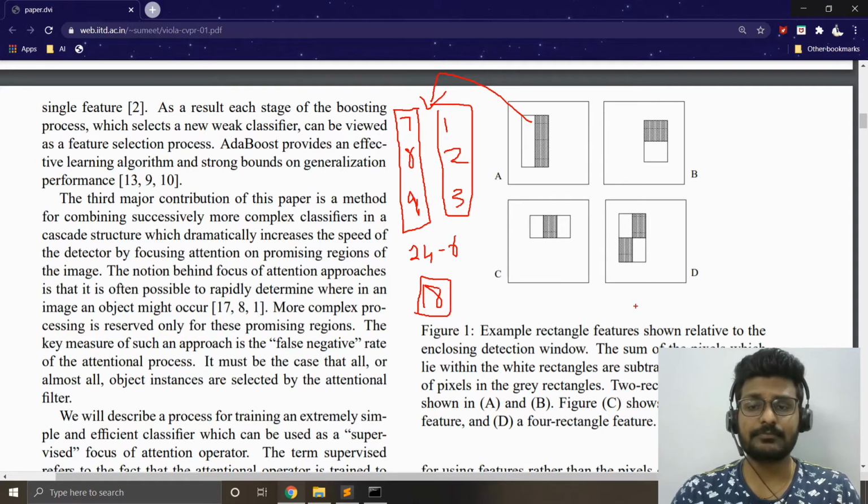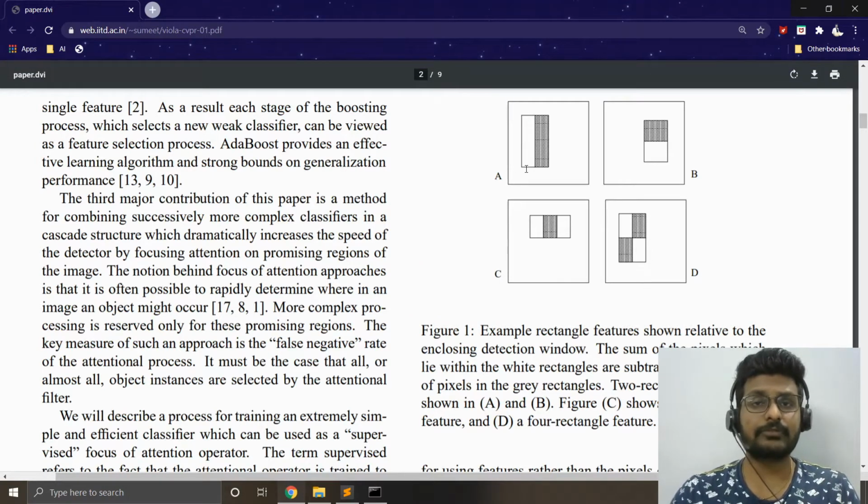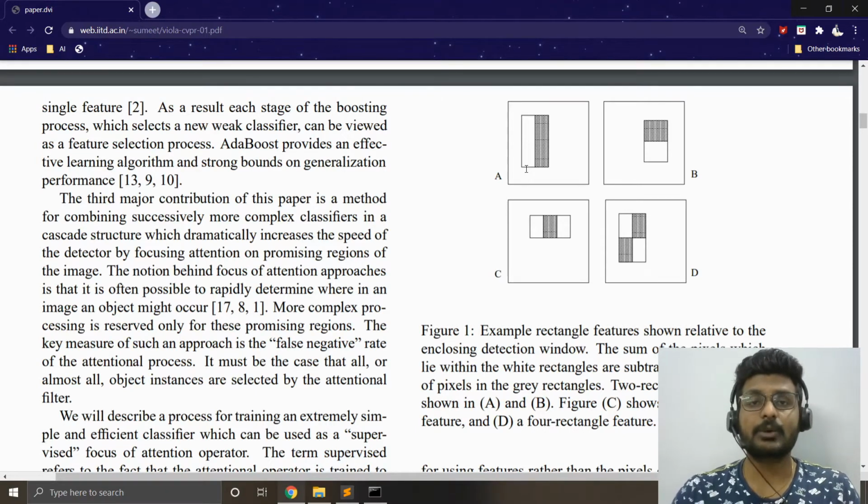But you can see that when I go for, let's say, a filter size of 24 by 24, I might end up with a lot of features, let's say more than 2 lakh or even 1 lakh 60,000 features. So that's going to be huge, right? Let's say you want to take 1 lakh 60,000 features for one image. Imagine if you go for real-time face detection, so it's going to be 30 fps.